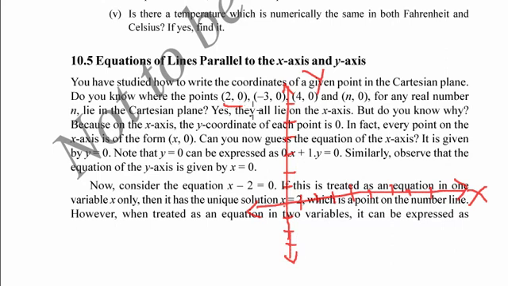For 2, 0, we will plot 0, 2. 0, 2 here. For minus 3, 0, we will plot 0, minus 3. For 4, 0, we will plot 0, 4. X is equal to 0, y is equal to 1, 2, 3, 4. Here you can notice for any value of y, x is 0. Take any number for y, keeping x as 0. All the points will be on the y-axis.